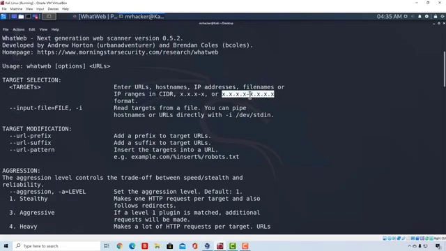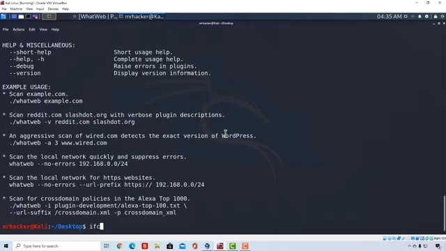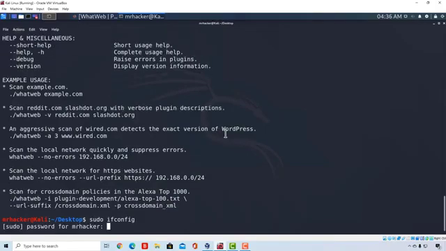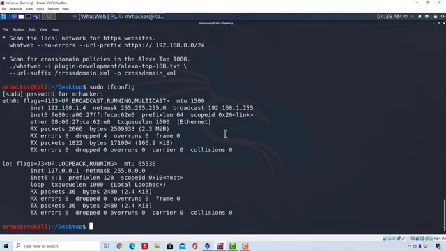Now to test this out, I'm going to scan my entire home network. To know what range of IP addresses I should scan for my home network, I could type the command ifconfig or sudo ifconfig, since remember, this requires root privileges. Press enter, enter our password, and we can see that my IP address is 192.168.1.4, and what's more important than the IP address in this case is the net mask. And my net mask is